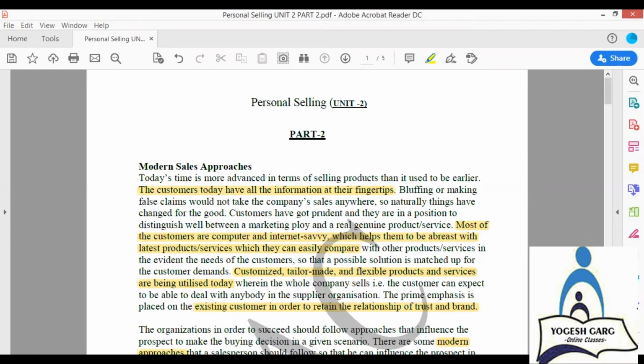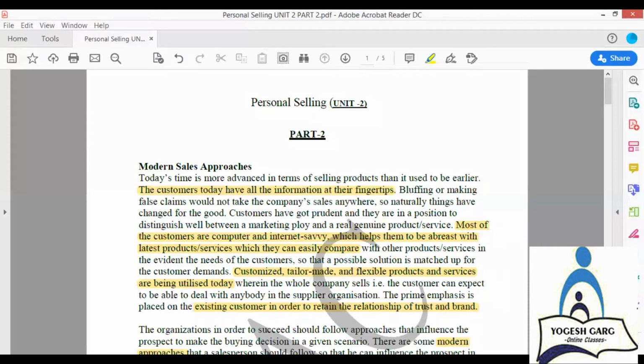In the first video we discussed the traditional sales approaches or traditional theories, in which we discussed three theories. One is the AIDAS theory. Second one we discussed is the right set of circumstances theory. And third one which we have discussed is buyer's formula theory or buying formula theory.